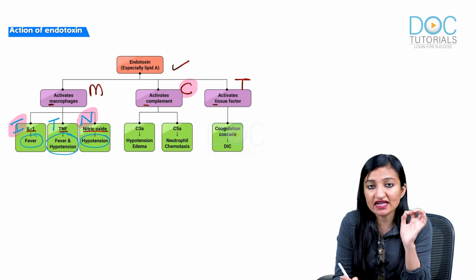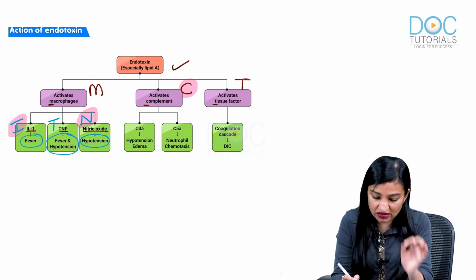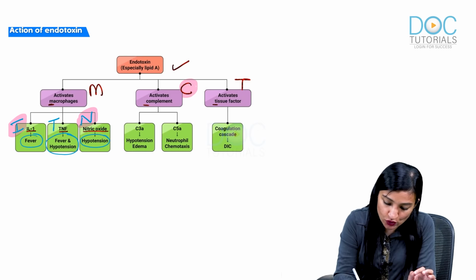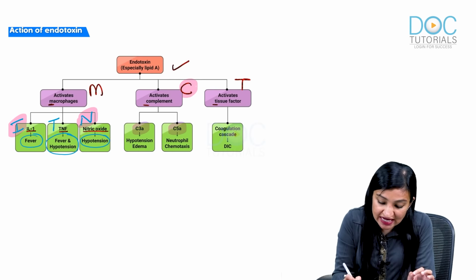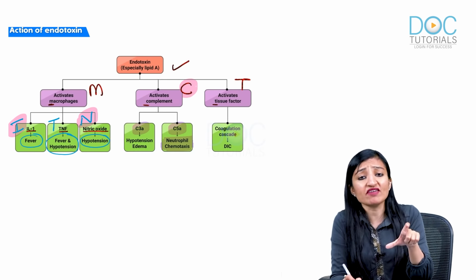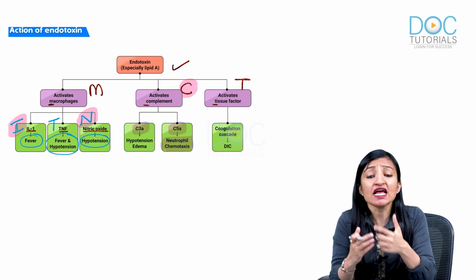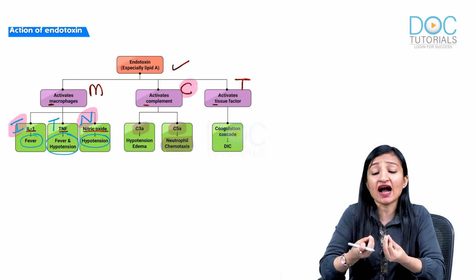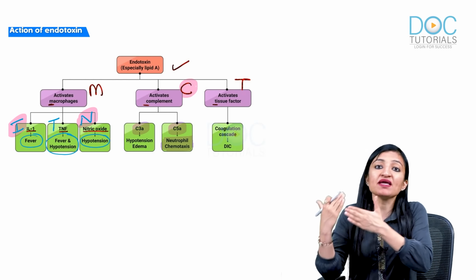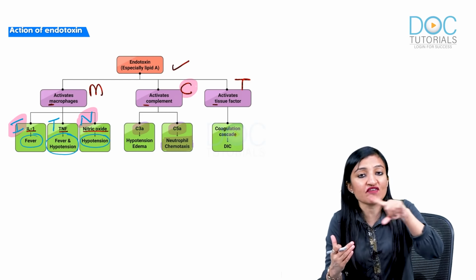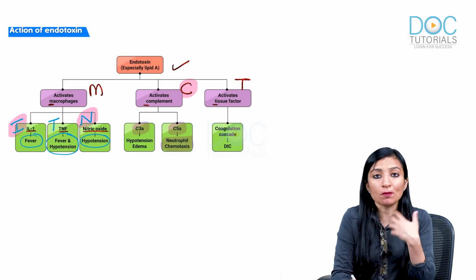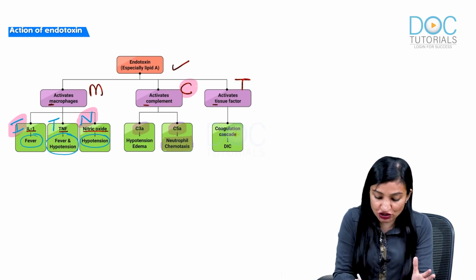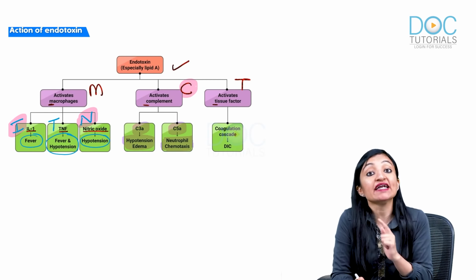The activation of complement as a result of action of endotoxin is going to lead to the production of two important complement proteins called C3A and C5A. Now C5A, guys, is responsible for recruitment of neutrophils. Wherever C5A concentration is going to be more in the tissues, neutrophils will literally smell that heightened concentration of C5A and they will be attracted towards that area of increased C5A. So that is referred to as neutrophil chemotaxis. And C3A is another complement protein produced as a result of complement activation. It is going to cause hypotension and edema in the patient.